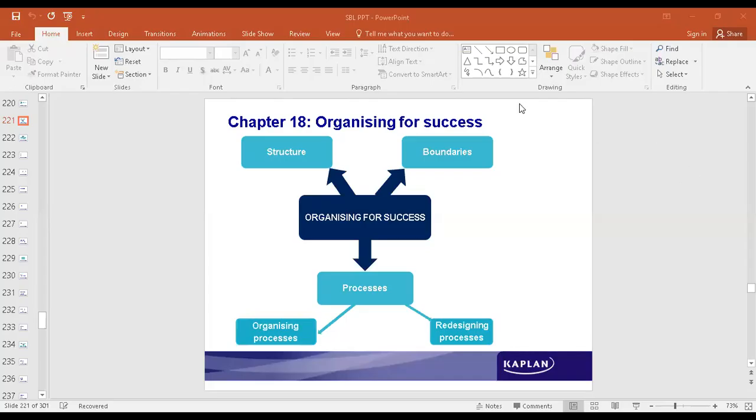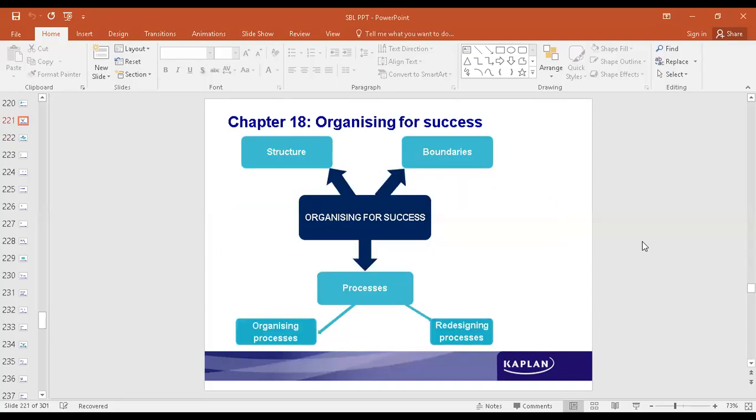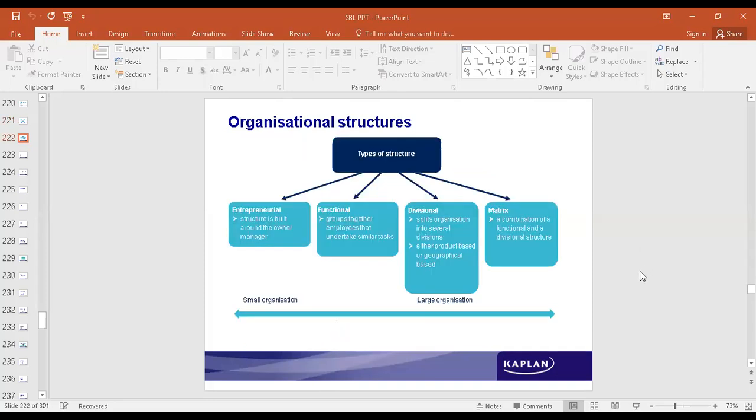Last class, we learned about organizing success. So the different types of process. First, we started with what are the different kinds of organization structures. It is all based on the size. If the size is small, then we call it an entrepreneurial structure. As the size keeps increasing, the different types of organizational structures are functional, where activities of similar nature are grouped together, calling them functions, and then it's called functional structure. Then, if it further increases, we call that a divisional structure,